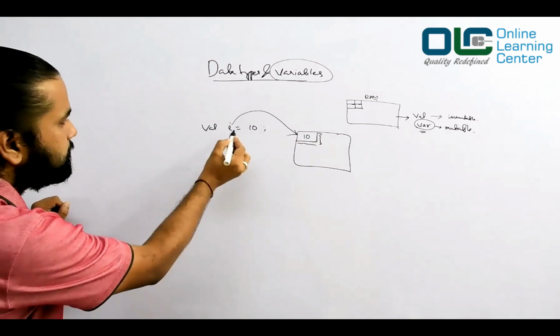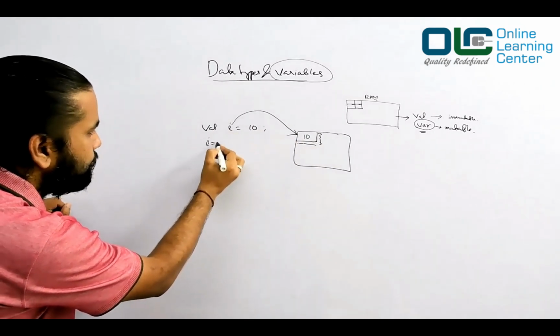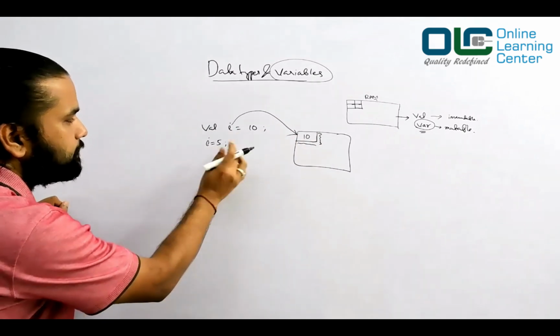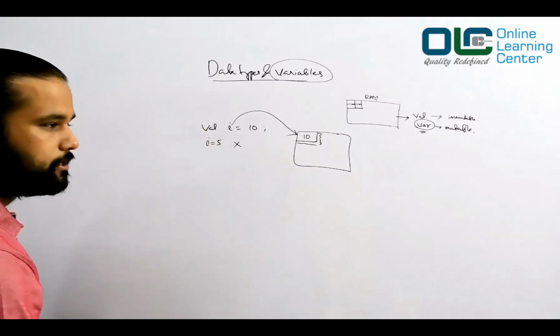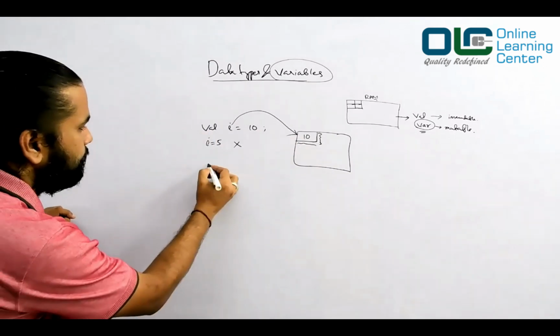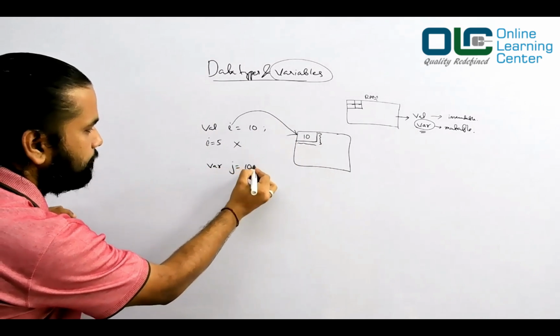Now the thing is, since this i is a val, you cannot again write i is equal to 5. You cannot do this. Why? Because your i is a constant. But if I say var j is equal to 10,